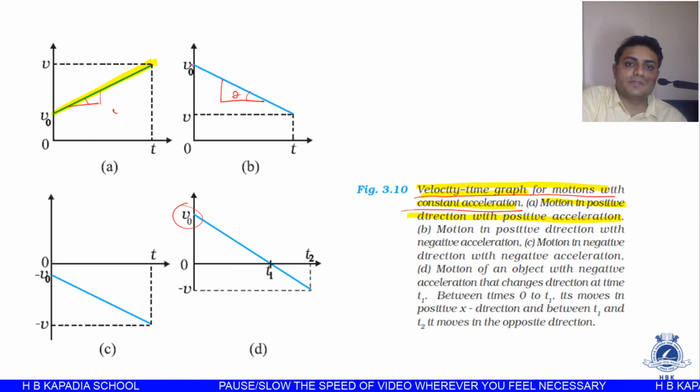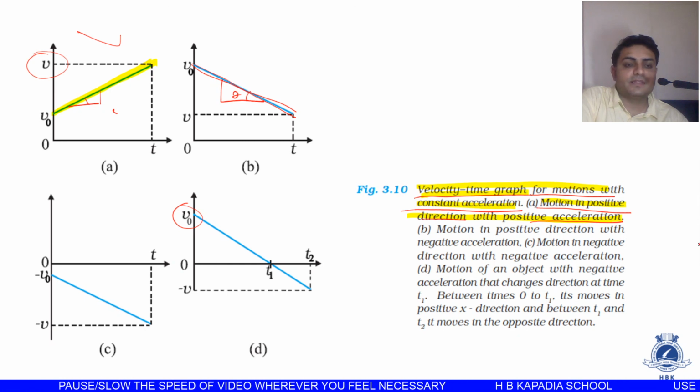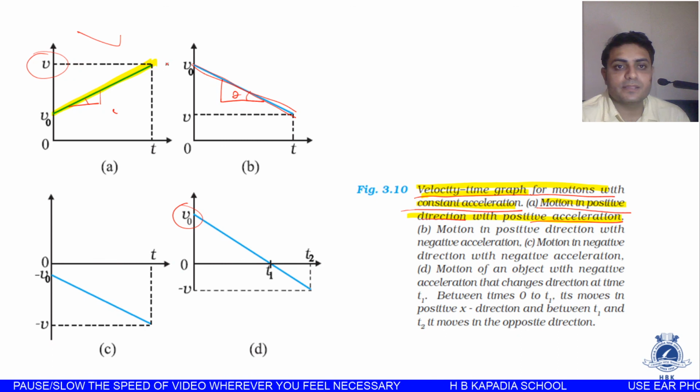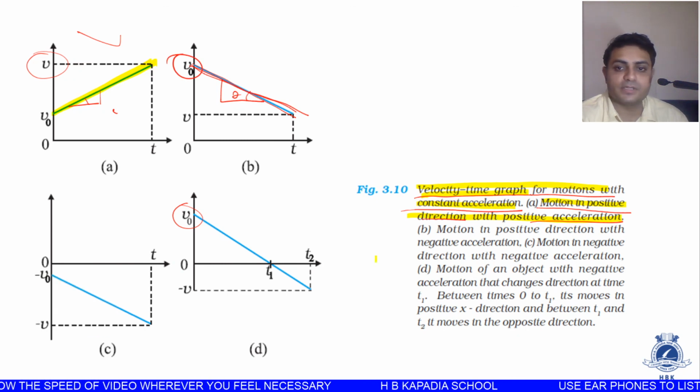Because the graph, see, in this case the velocity is decreasing. When the velocity is decreasing, we can say it is a retardation. So for the first case, see these lines, motion is in positive direction. Why? Because the velocity is in positive direction and the acceleration is positive. Acceleration is positive because the velocity is increasing. In the second case, the velocity is decreasing. So therefore, yes, motion is of course along the positive direction.